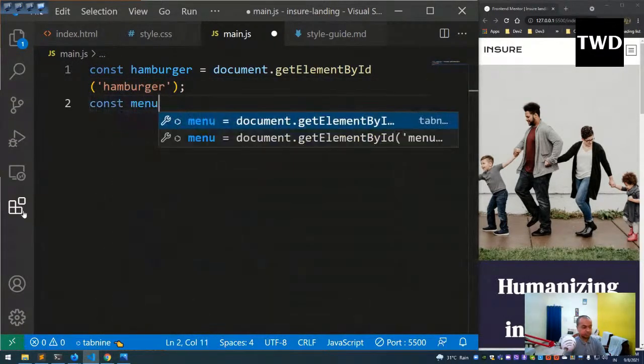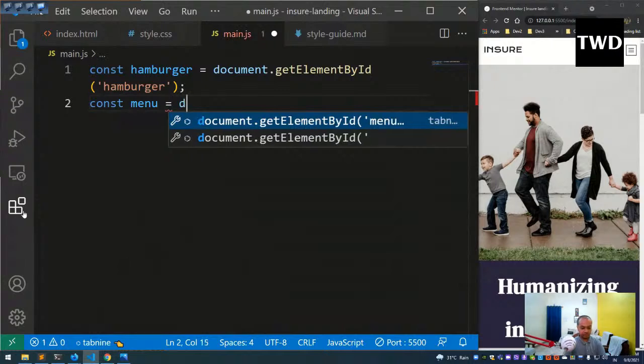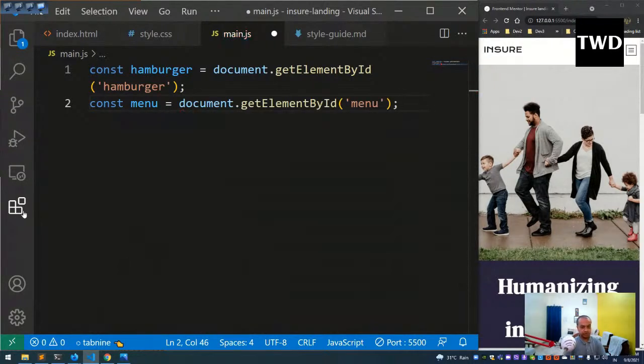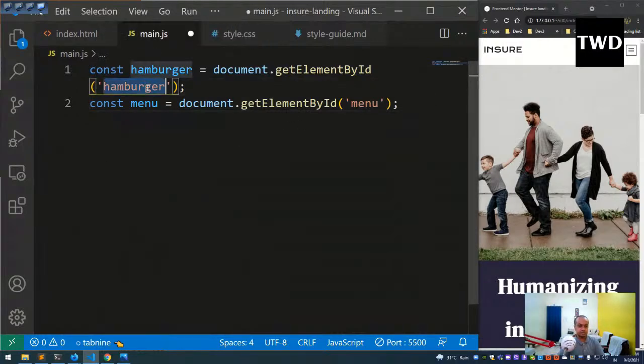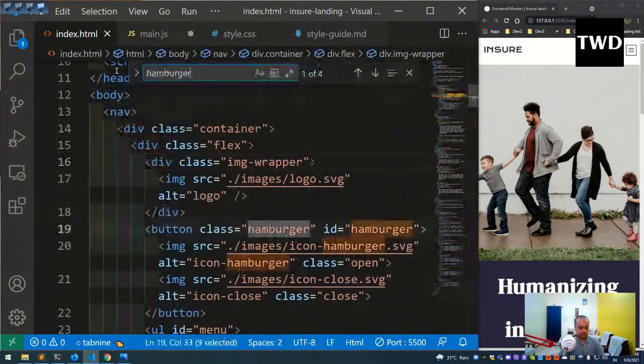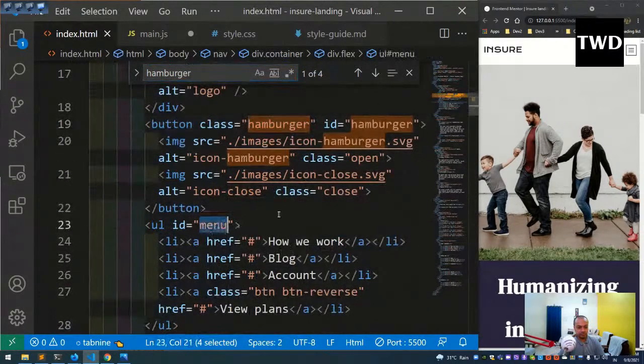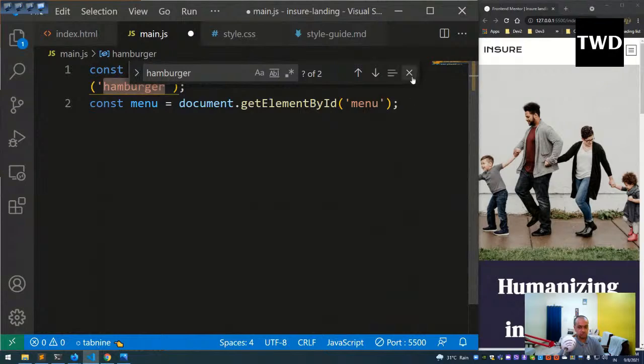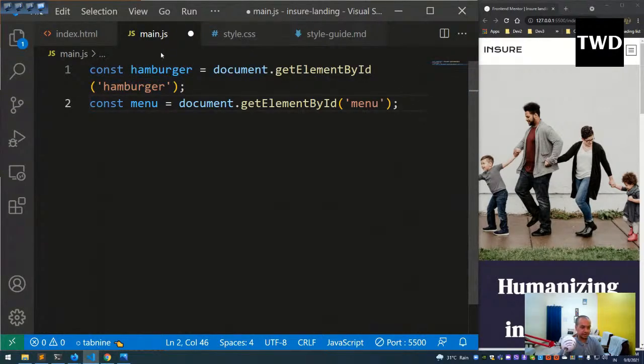Const menu equal to document dot getElementById menu. So this hamburger, this getElementById hamburger, and this menu also we are taking. Menu is also an ID. Okay, these two we are taking, and then